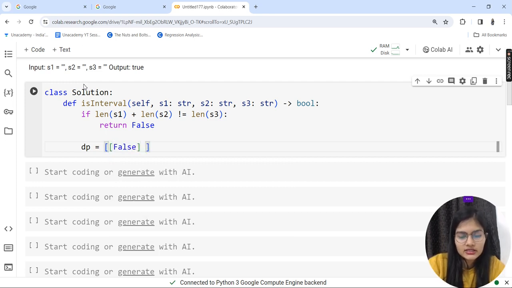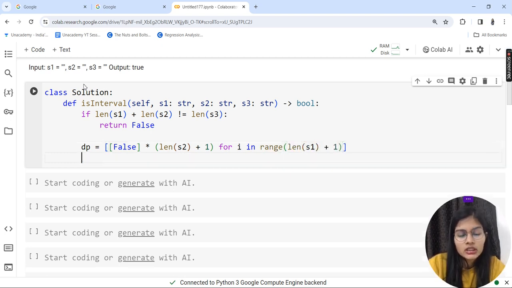So just like that, first of all I'll put one of my values, which is going to be False, and in the bracket I'll put in my condition for the length of s2 plus 1. Okay, and I'll apply my for loop. So for i in range, and my range is going to be the length of my string number 1 plus 1. Okay, now see, this is something which I'm going to do over here. First of all, for my loop, which is my for i in range. Okay, I'm just applying this rule for i in range. I'll go inside this portion